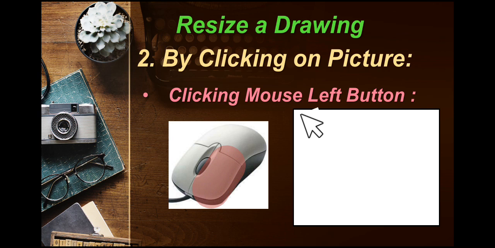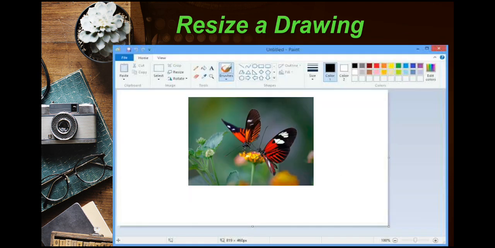Put the mouse pointer on it, hold the corner area and drag it to the diagonal side, outer side or inner side. If you want to decrease the image, you can just move the arrow in the inner diagonal, or if you want to increase the image, you can press and hold and drag the mouse pointer from the corner of the image to the outer diagonals. Okay, that will increase your image. This is the diagonal way.